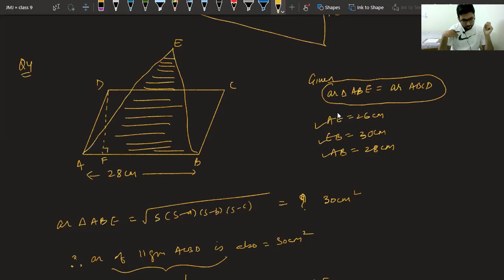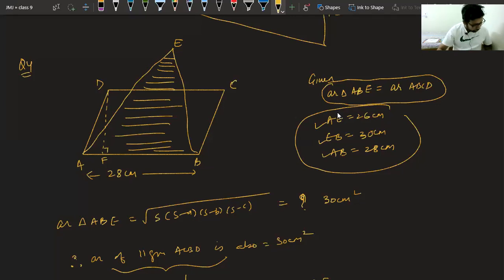Sir, where are the values? Beta, I have written it here in the given. You can see ABC. Now beta, why are you stuck on ABC? This is ABE. C is here, child. Ariman, if you see the question, they are saying the sides of the triangle are 26, 28, 30. That is what I have used. Okay, yours has also come.